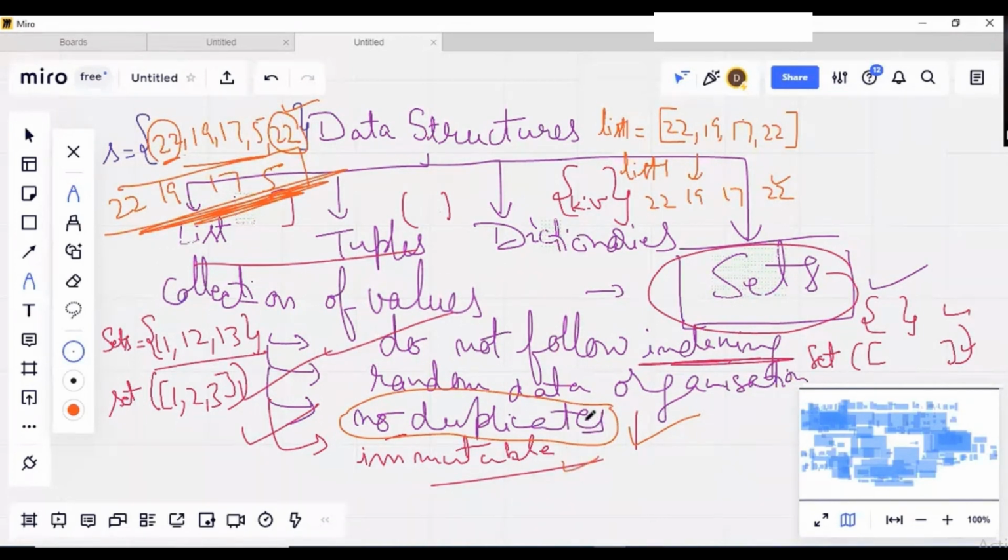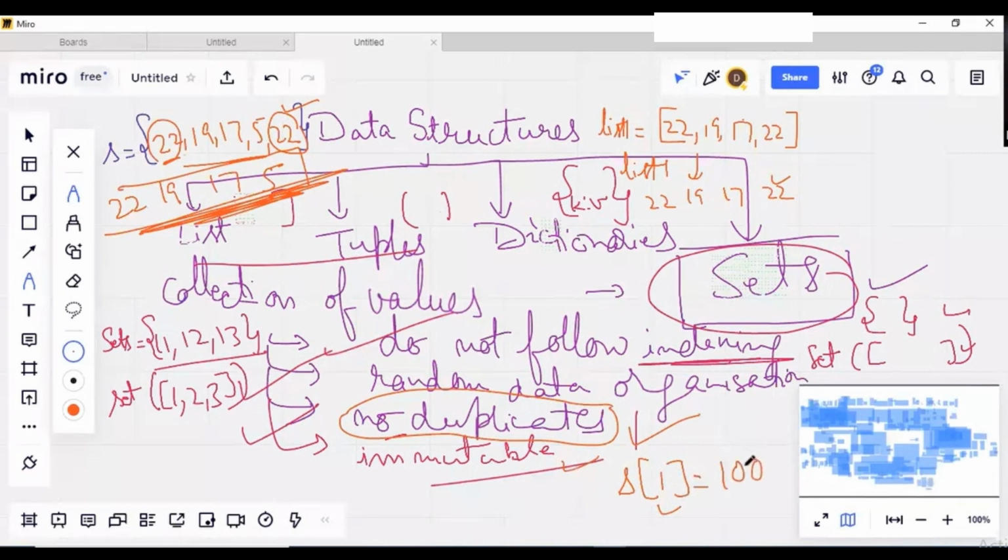Immutable also, you cannot change it. You cannot change any assigned item. Suppose you want to change the data at the first index to 100. It will not do that work. It will not support it, simply because indexing is not possible in sets. So let's say,